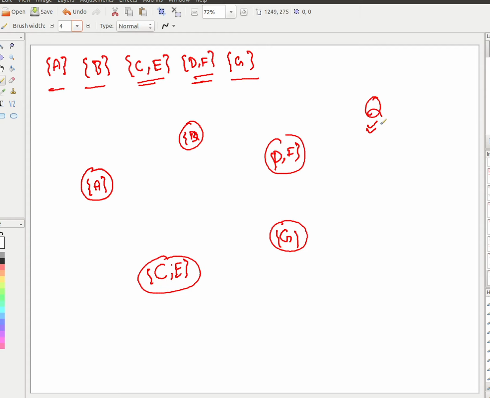The start state. Okay, before finding the transition, let us fix the other things. The start state will be the same state which was the start state for the original DFA, right? So basically the block containing the start state will be the start state of the minimized DFA. So what was the start state? A. So therefore here A will be the start state. So your Q0 for this minimized machine is A. Now next is, what is the final state?